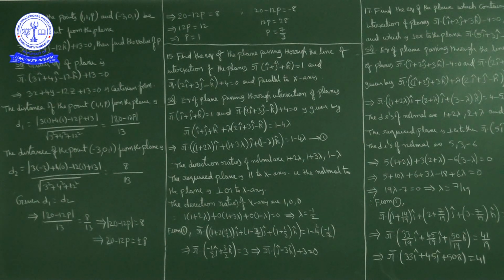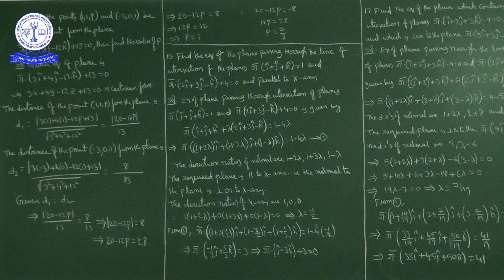What is given here? The points (1, 1, P) and (-3, 0, 1) be equidistant from the plane r bar dot (3i cap plus 4j cap minus 12k cap) plus 13 equal to 0. But this plane equation is given in vector form. I'll write the corresponding Cartesian form. The given equation of plane is r bar dot (3i cap plus 4j cap minus 12k cap) plus 13 equal to 0. Now r bar is the position vector of any point (x, y, z),